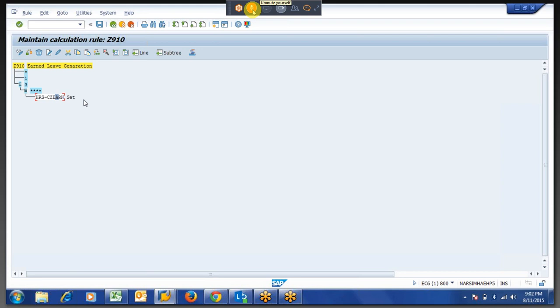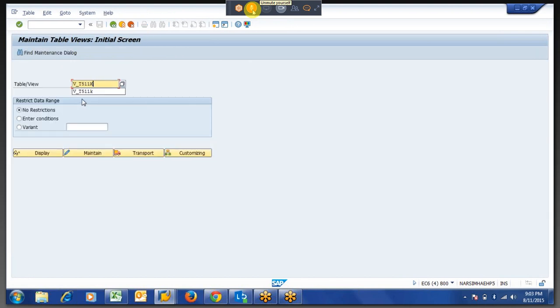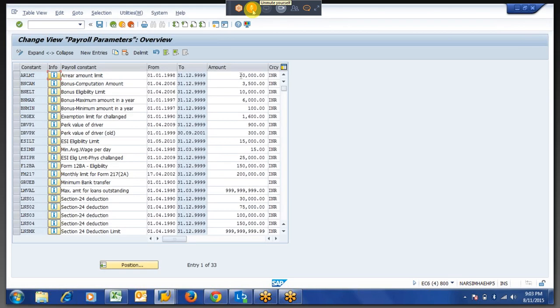SAP won't prefer to put numbers directly over here. So we have a table for numbers called T511K, and for amounts you can call it from T511P. You have the amount and currency as well. This is also the same behavior.